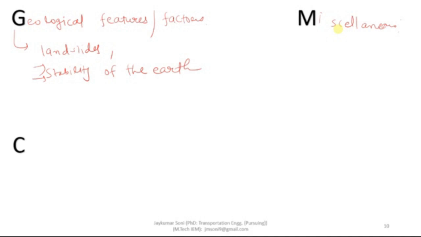And the last is about C. It is about crossing. The provision of stream crossing, river crossing and railway crossing along the road alignment should be properly studied. The availability of suitable bridge site along the road alignment is very important. So the team has to consider the criteria of crossing in form of railway crossing, bridge crossing or any kind of stream or river crossing. This should be considered.